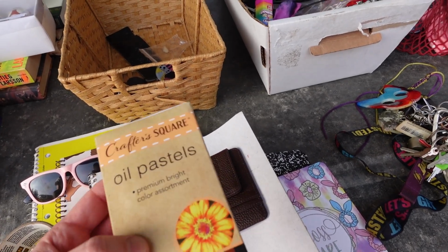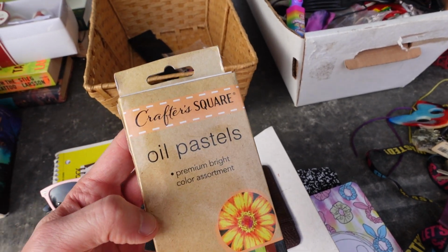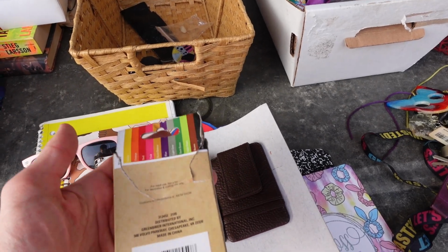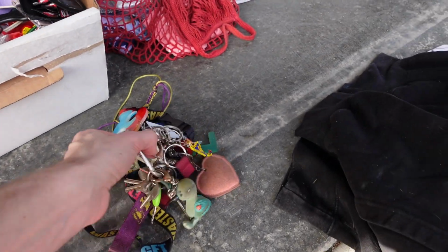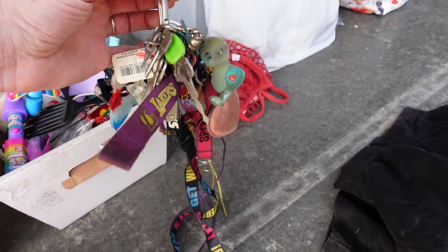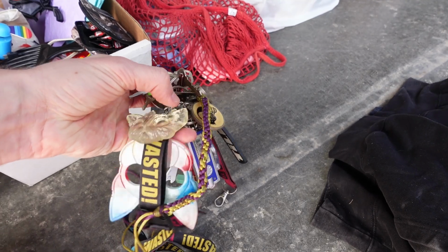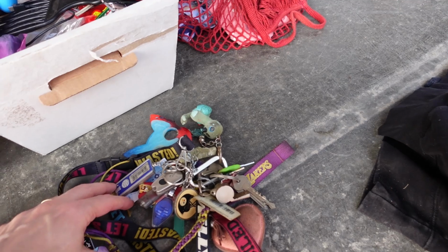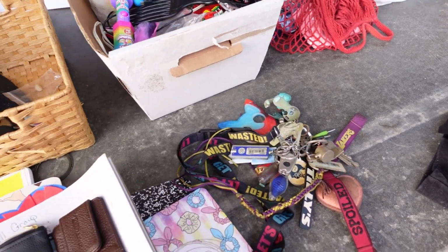This was also interesting. Oil pastels, 12 colors. So that might have some value, new in the box. I'm not sure if they're all in there. The box is kind of ripped open, so we'll see. We had the tape, I showed you that. This was just the whole thing of keys and keychains. I'm not sure if those keychains have any value. We see one with the Lakers there. There's a whistle, Steelers. So, I don't know. We could do a keychain lot, but that would mean taking all of those off of there and sorting it all out. I'll think about it. Not sure if that's worth my time or not, but